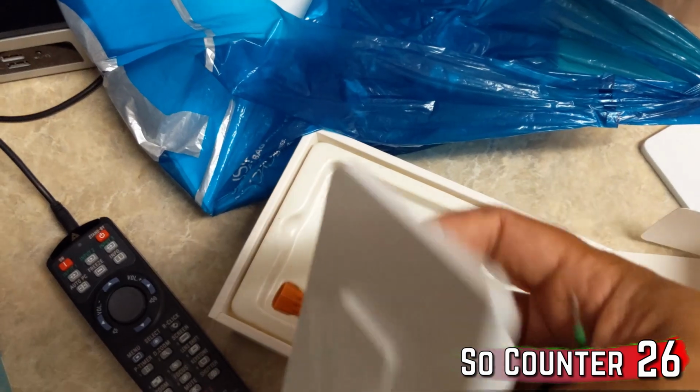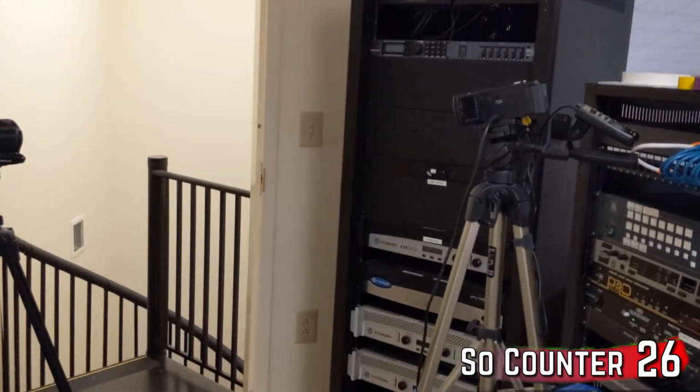So, let's get to installing. First, we've already confirmed that the power is off. Those are emergency lights. None of the other outlets are on. And we're gonna pop that off and then go from